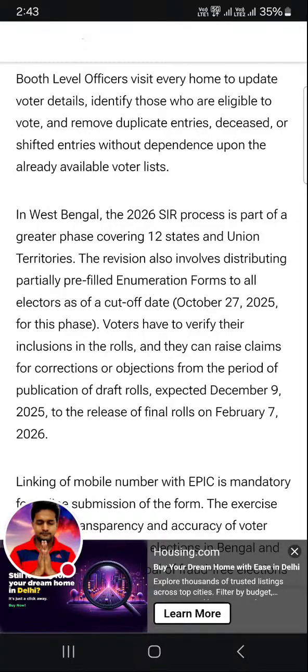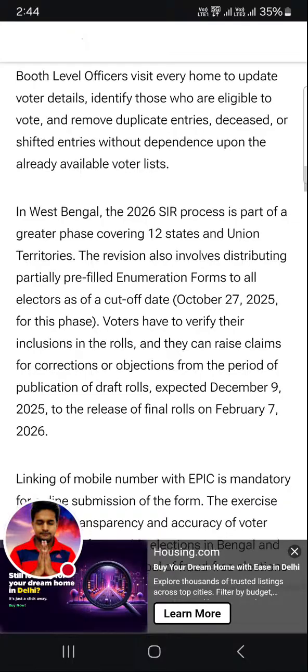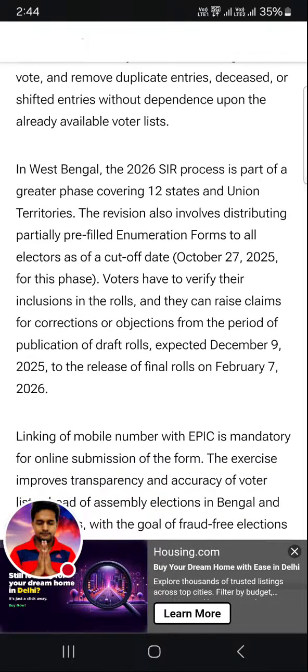In West Bengal, the 2026 SIR process is part of a greater phase covering 12 states and union territories. The revision also involves distributing partially pre-filled enumeration forms to all electors as of a cut-off date, October 27, 2025, for this phase.